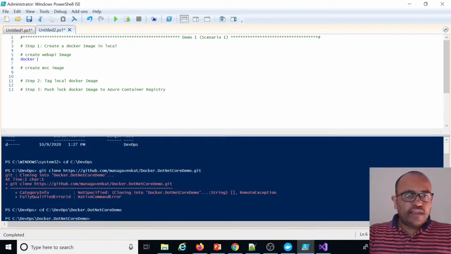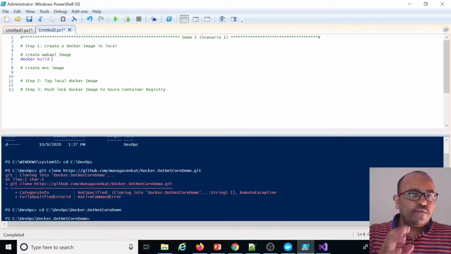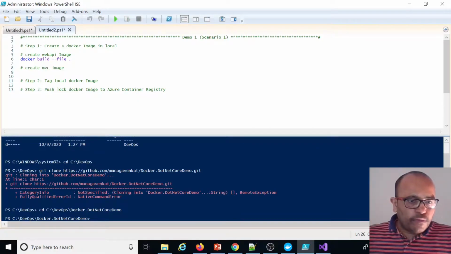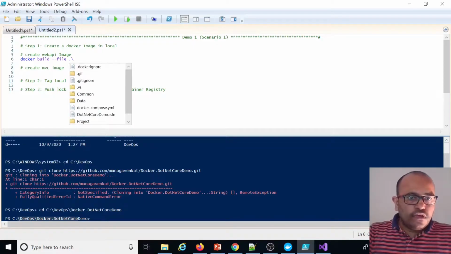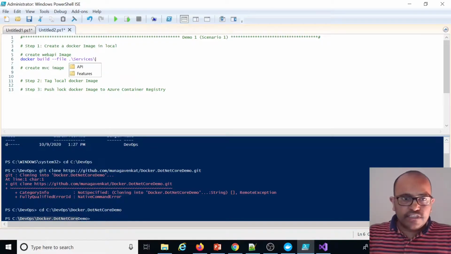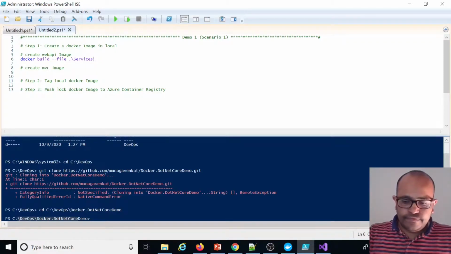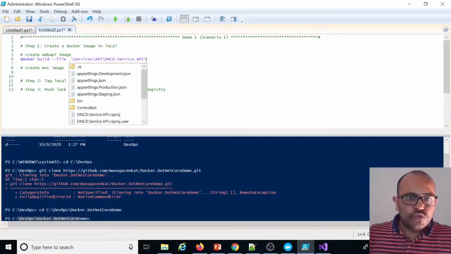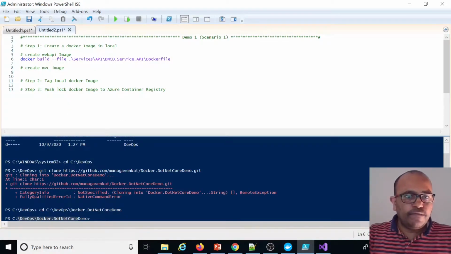To create an image, these are all the commands, everything I covered in the previous videos. I'm going straight: docker build, and you need to provide the file name, that is the Dockerfile name. We are already in the path of this one, so now I give where it is, in the services API, and the Dockerfile is here.